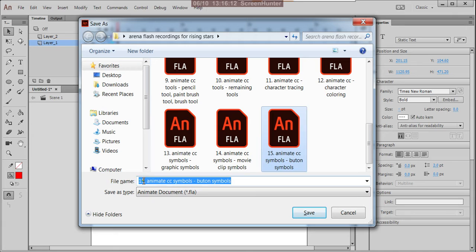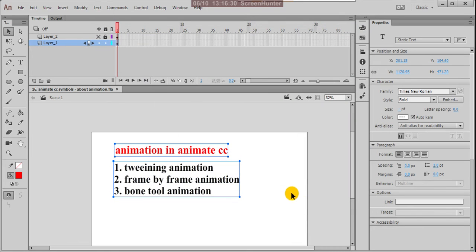Suppose this is number 16, about animation. Okay, save. Right. So what does animation mean? Suppose someone will ask you a question,